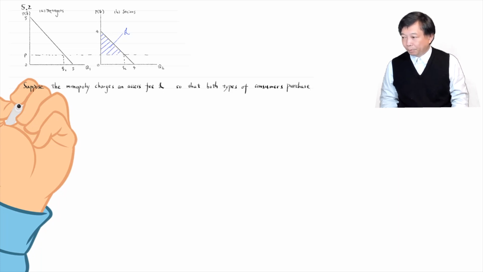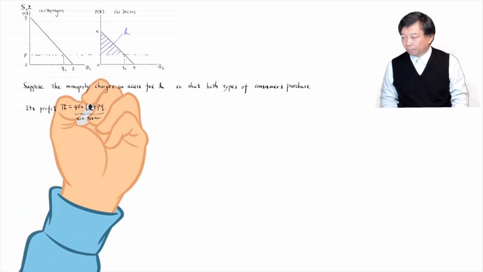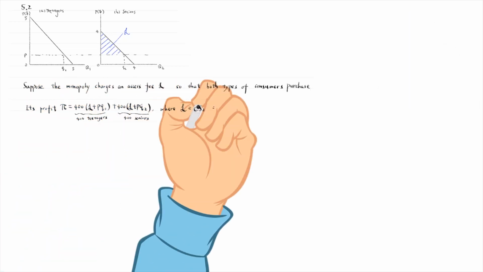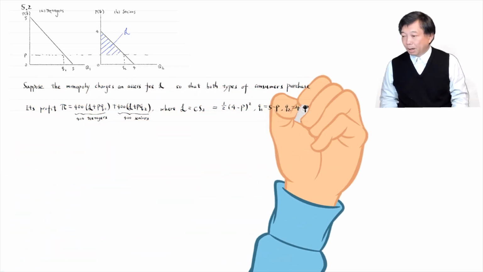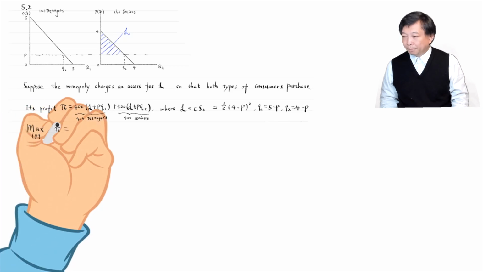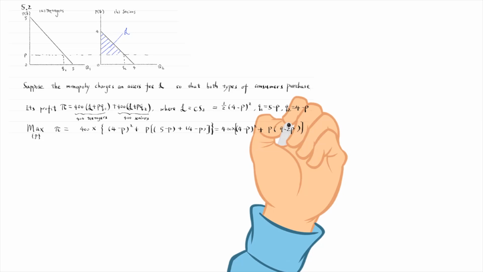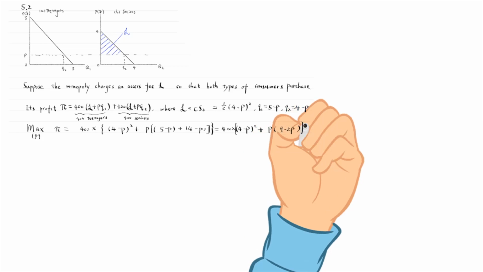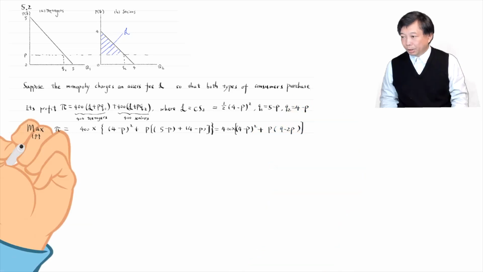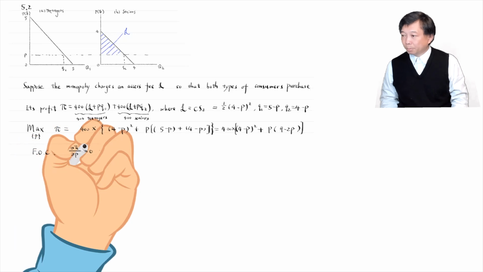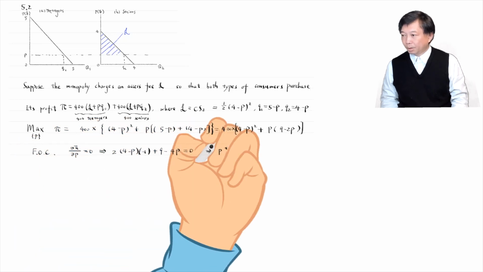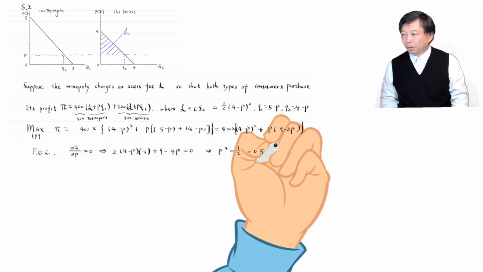We write the profit, pi. Using the demand functions, we can write pi in terms of the per unit price P. Setting the derivative of pi with respect to P equal to 0, we obtain the optimal per unit price of 0.5. We then can calculate the access fee,